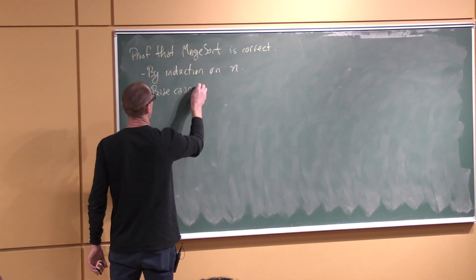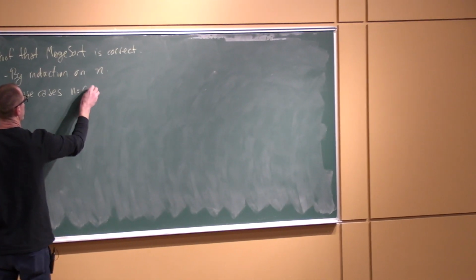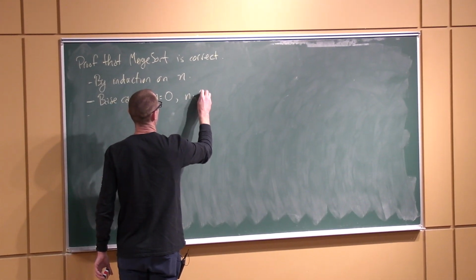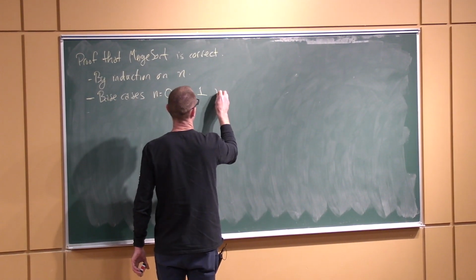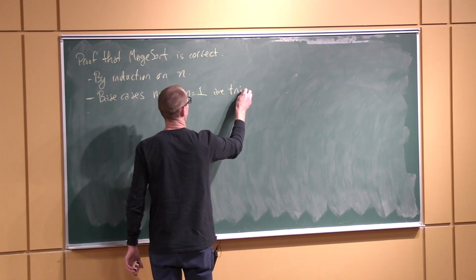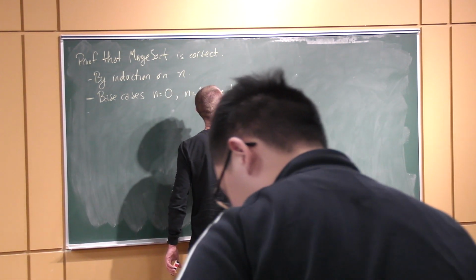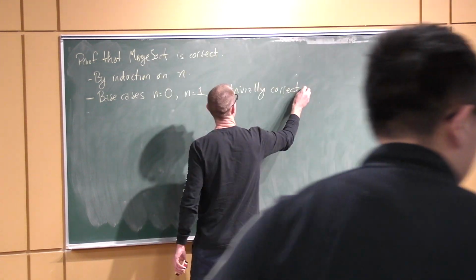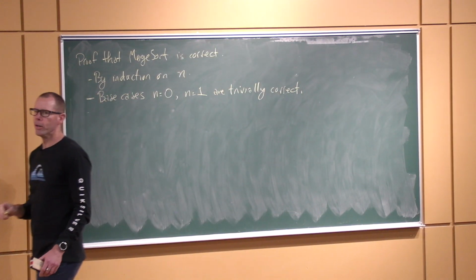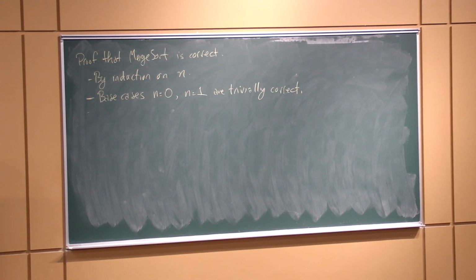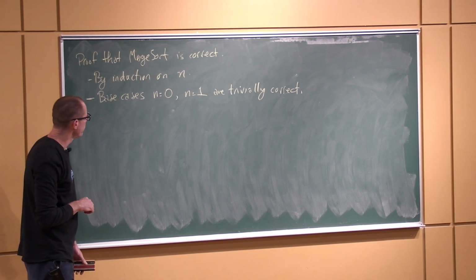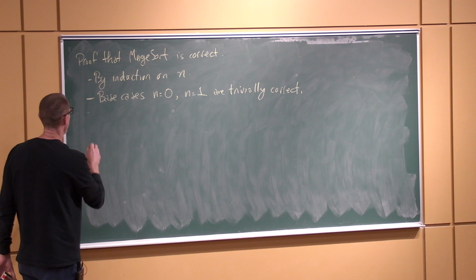Base cases n equals 0, n equals 1 are trivially correct. And what is trivially correct supposed to mean? Well, it's supposed to mean that we looked at the code and saw that it correctly handles those base cases. So that's good. Otherwise,